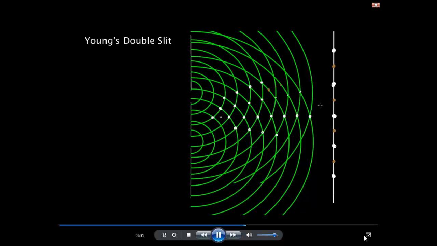And what you get, sometimes physicists draw a little graph to represent this. You get a bright spot in the middle. This is sort of representing a graph of the intensity, 0, and then another bright spot. And it goes down to 0 again, another bright spot. They get weaker and weaker as you go out. At some point it's hard to see. Same on this side, 0, bright spot, 0, bright spot. This is the classic double slit pattern you'll see on the wall, and it's caused by wave interference in 2